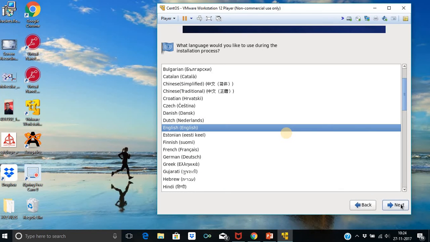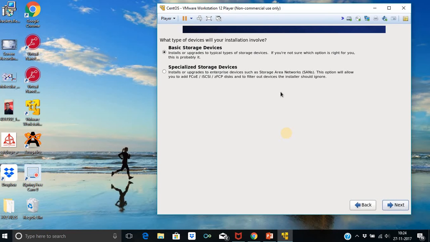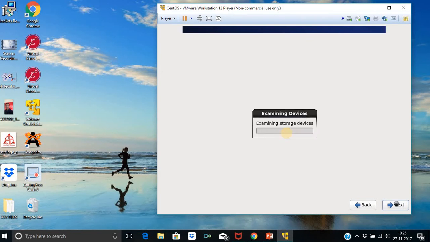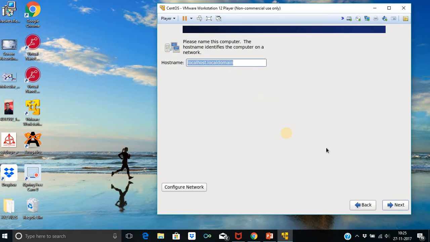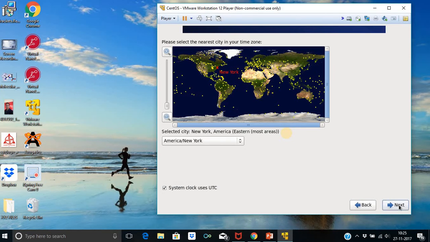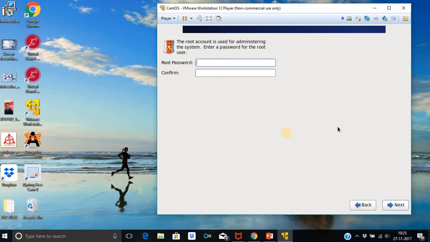The language is English. I am using basic storage devices for installation. Just discard any data. Here you can give a proper host name, but here I am using localhost, localdomain. And since I am from India, I will take this time zone. Now a root password, one can give a suitable root password.